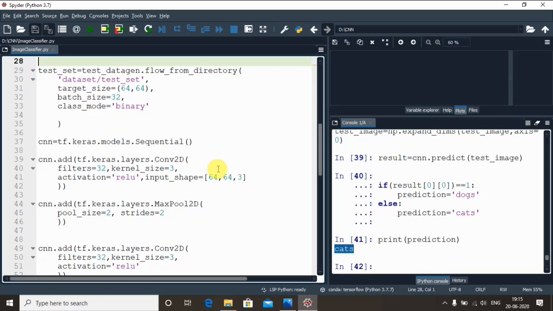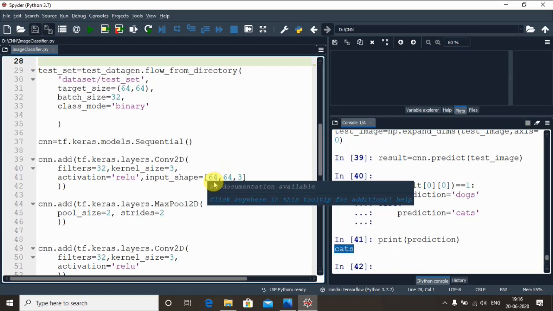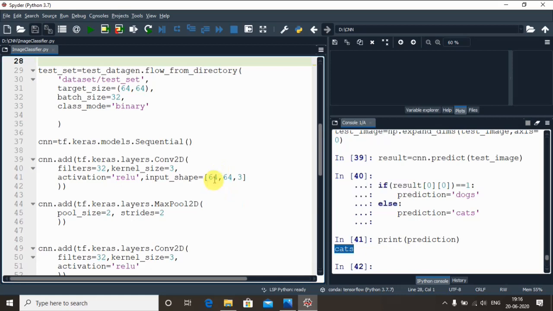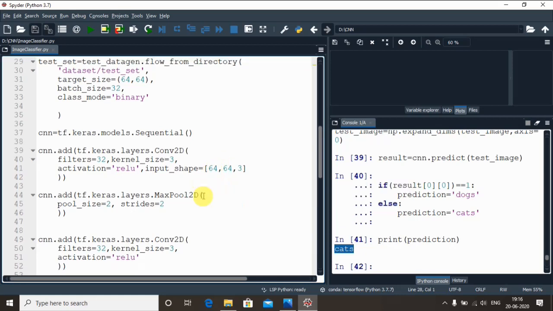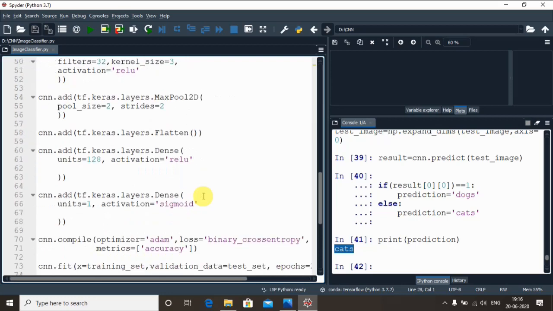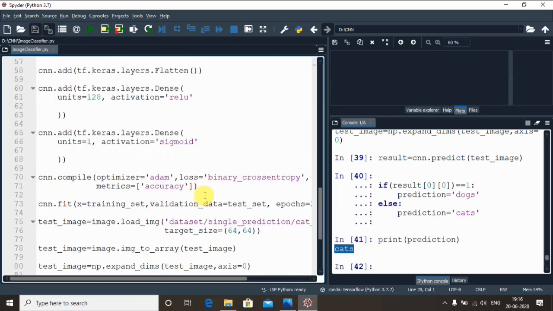This is how we build our convolutional neural network. Later we also compiled our CNN with the best optimization algorithm, called Adam, which performs stochastic gradient descent in the best way, and the binary cross entropy loss function, because we are doing binary classification, and the accuracy metric as well, as you had seen, right?